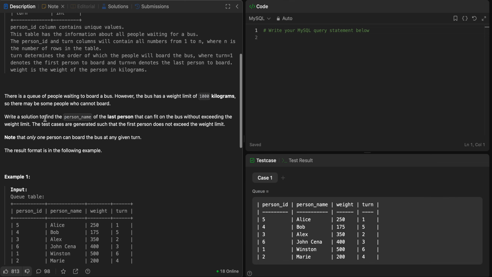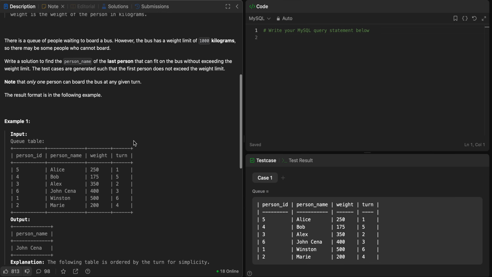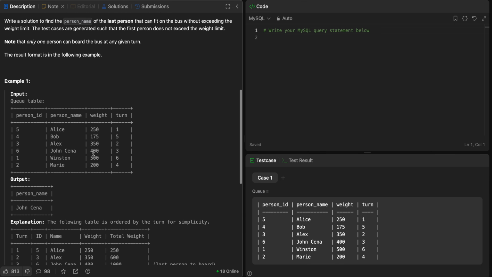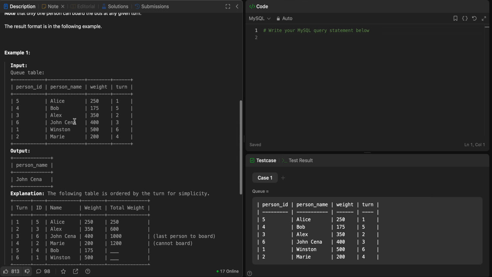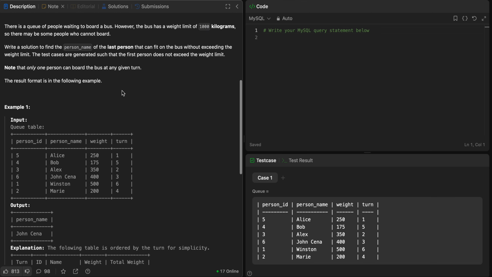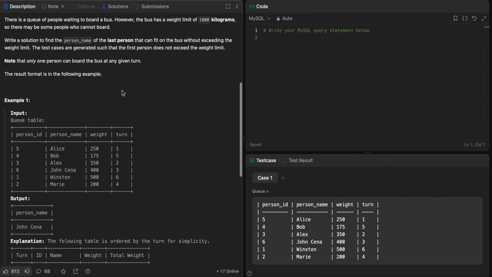Okay. So write a solution to find the person name of the last person that fits on the bus without exceeding the weight limit. Okay. So we have been given a table, and we have to give the output of the person who is last to fit in the bus. So we have to find that. It will be found by